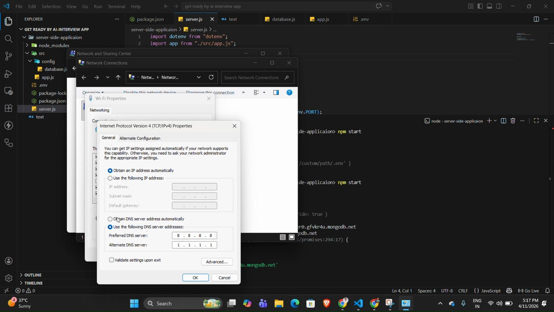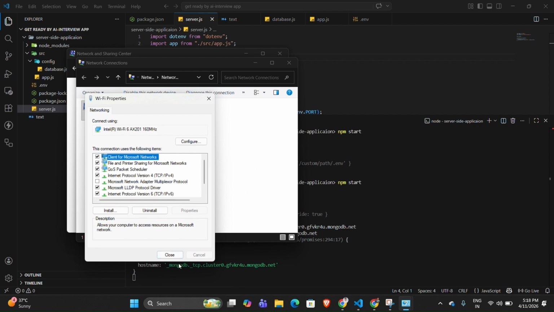Maybe in your system, Obtain DNS server address automatically is already selected. So click on Use the following DNS server addresses. Here you fill in 8.8.8.8, and for the alternate DNS server, enter 1.1.1.1. Then click OK.